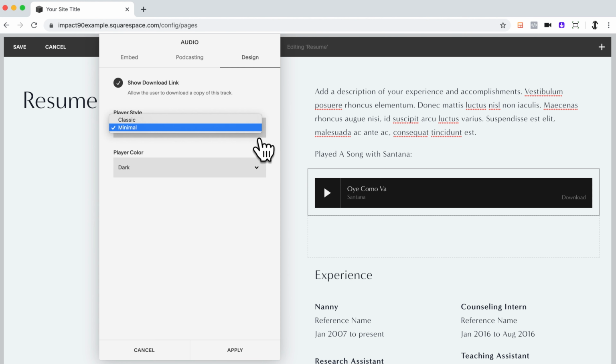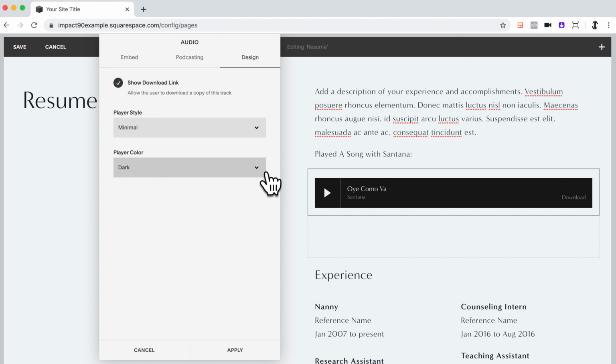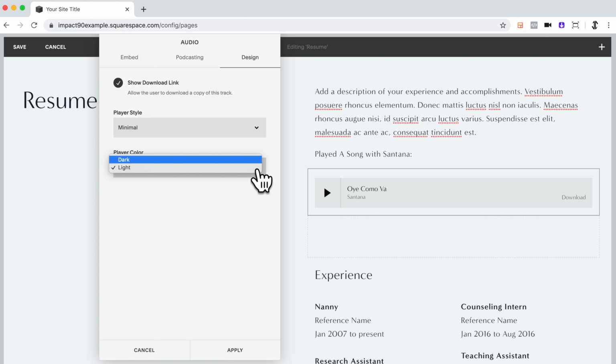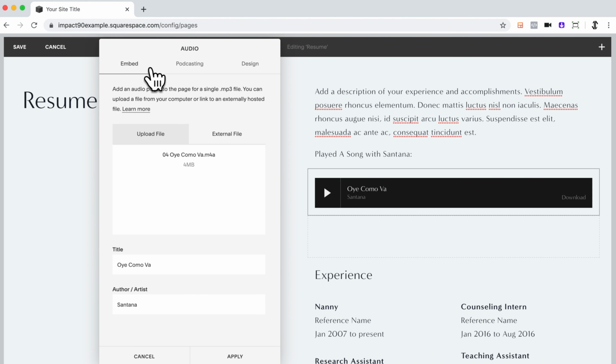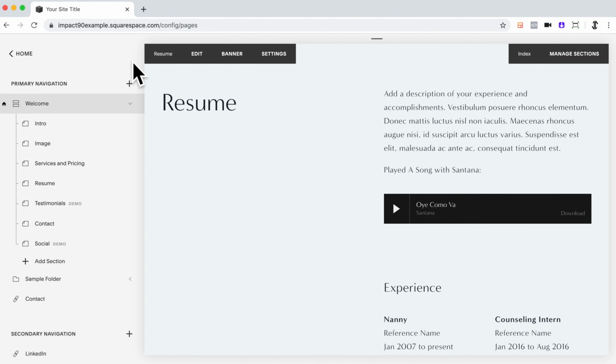I also go with minimal. I don't like classic personally. I don't know what it is. I just like minimal. And then you can make it either dark or light. Oye Como Va is like a 3-minute song, but I've uploaded podcasts of over an hour and a half. So size of file really doesn't matter. And then you're going to hit apply, and then we'll hit save,